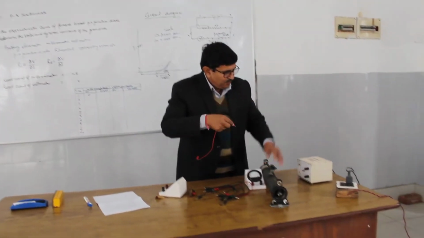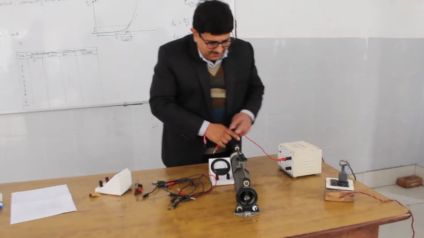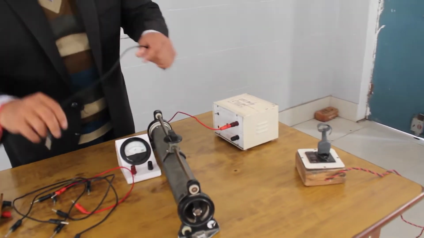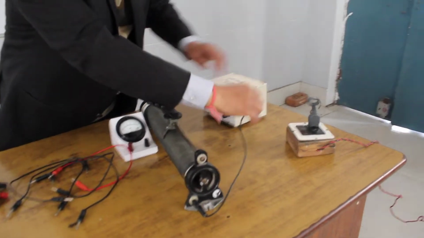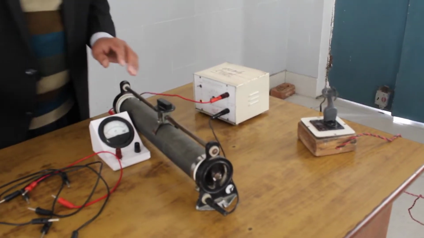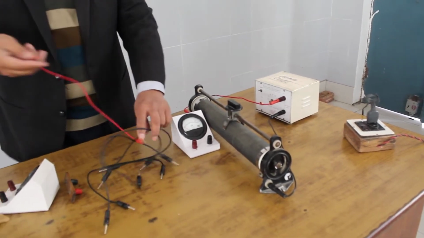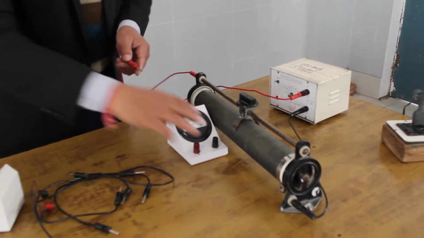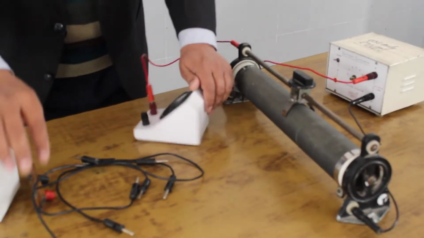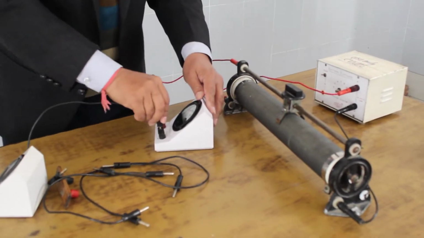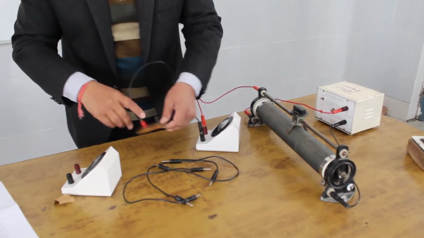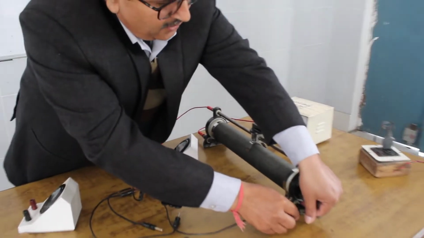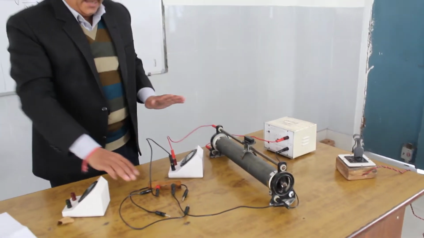Take the red wire for the positive terminal, connected to the bottom of one side of the rheostat, and the negative one to the other side of the rheostat. To the positive side we take the top terminal. This top terminal goes out to the milliammeter positive, then milliammeter negative to the PN junction diode positive, and then PN junction diode negative to the negative. All these components are connected.